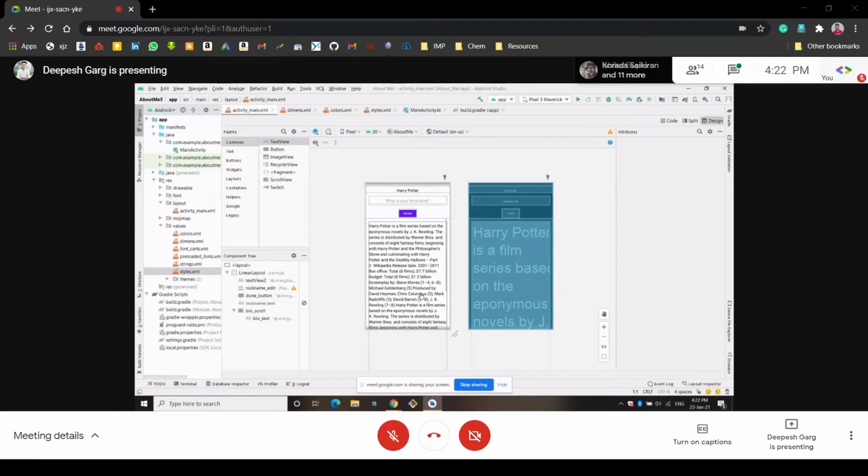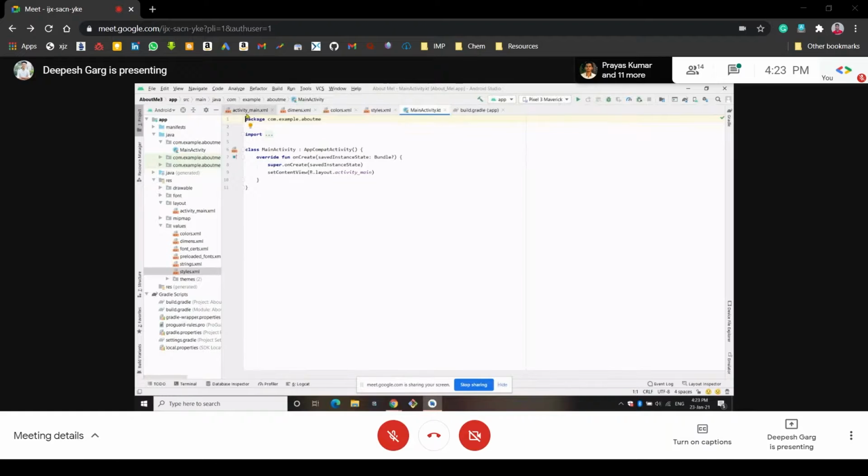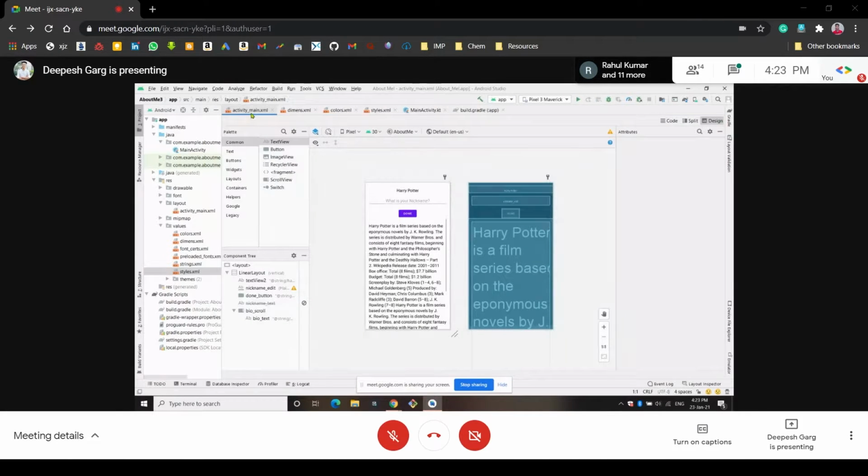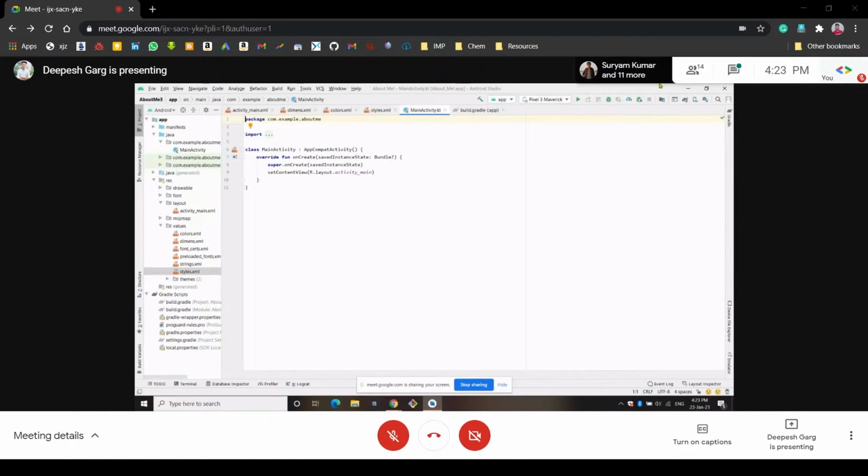So for that, we have to work on the backend part, because it is not the part of UI. It has to perform some action after being clicked. So we have to write some code in the main activity.kt, because for the layout thing, we consider this activity main.xml, and for this functioning part, we refer to this main activity.kt file.